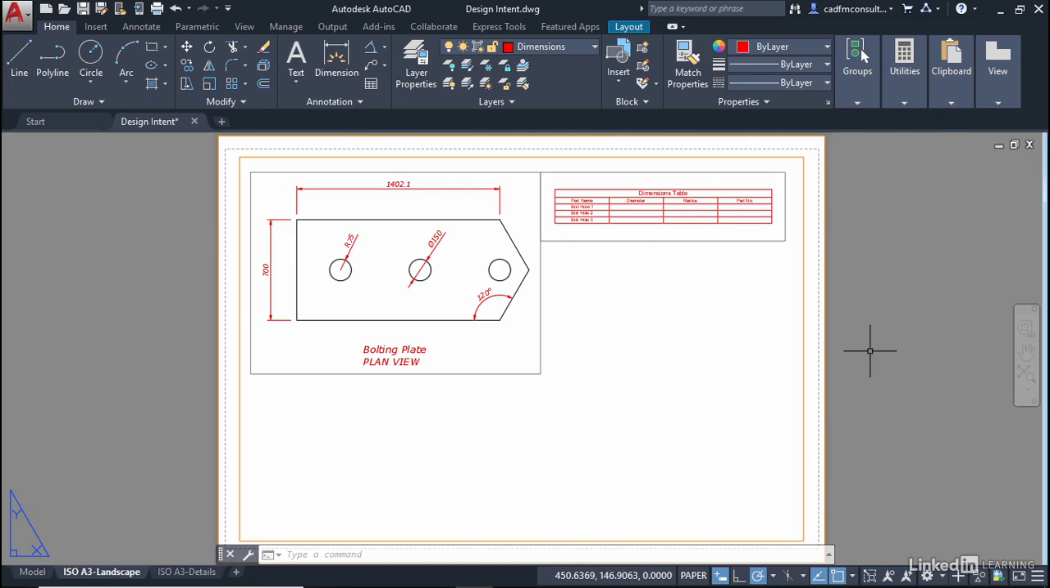Once again, we're staying in our design intent.dwg file, and you can see there that we've got our annotative scaling working in our viewport in our ISO A3 landscape tab. We've got our dimensions table in the other viewport, and it's all sitting nicely in our title block. So we're now in a position where we can utilize our page setup that we set up previously to plot